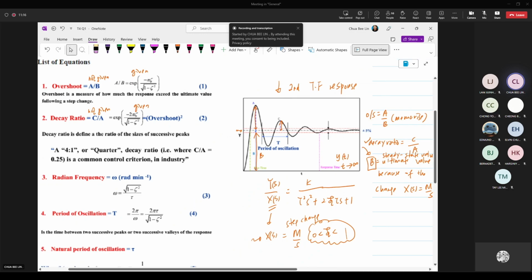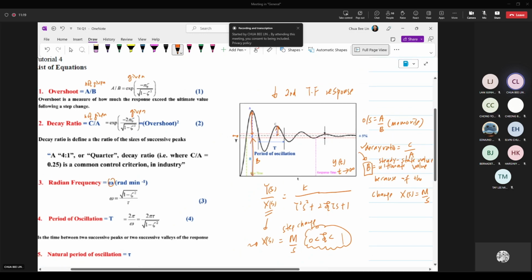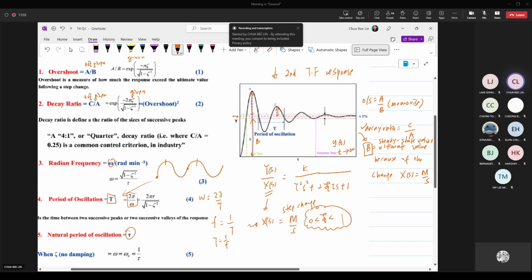Okay, then gradient of frequency. From here, you can link to the period of oscillation. So the full cycle can be like this, or if you have the second curve, it can be from this point to this point. Or from here to here, also a full cycle. So this is your T. 2 pi over omega will be your T. Then you can get your omega equals 2 pi per T. Then your frequency is 1 over T, or T is 1 over f. Okay, then tau is this